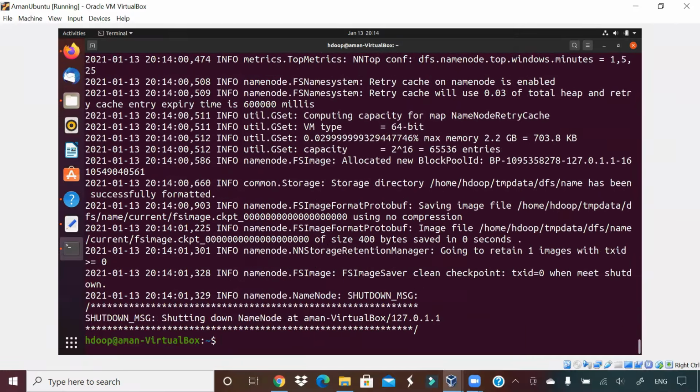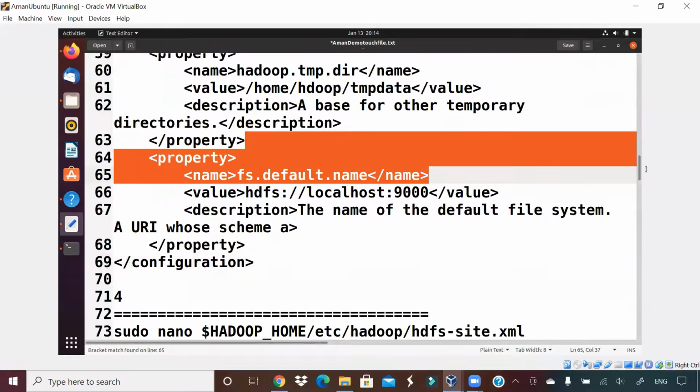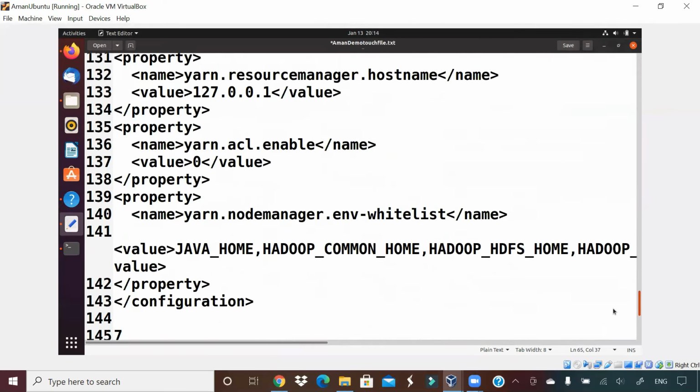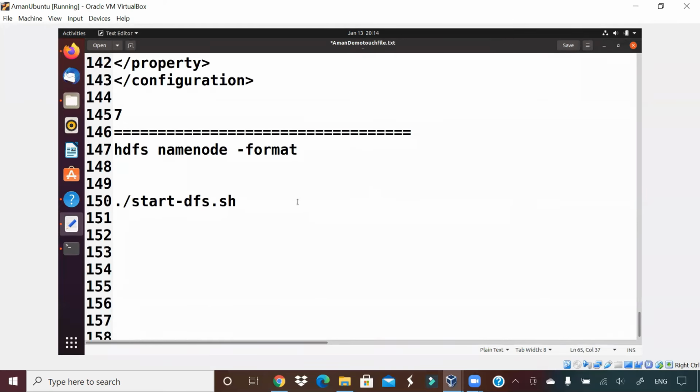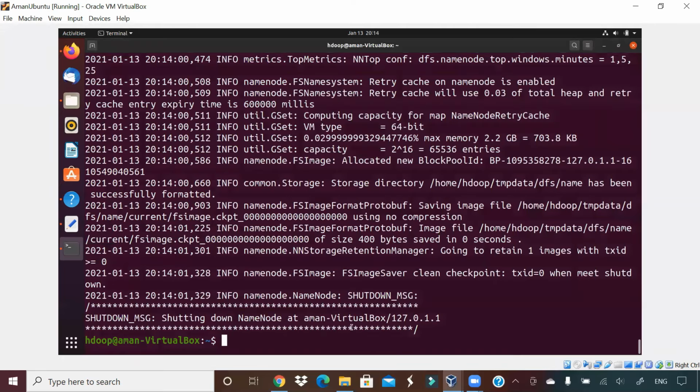Okay, I think I'm able to format the name node. So how do I verify if my installation is proper and if I'm able to format it? I will have to see if I am able to start the Hadoop services. So how can I start the Hadoop services? I just have to go into the Hadoop directory and run start-dfs.sh. So let me show you what the files are here. Let me in fact go to the Hadoop environment. Okay, so home and then Hadoop. One moment.